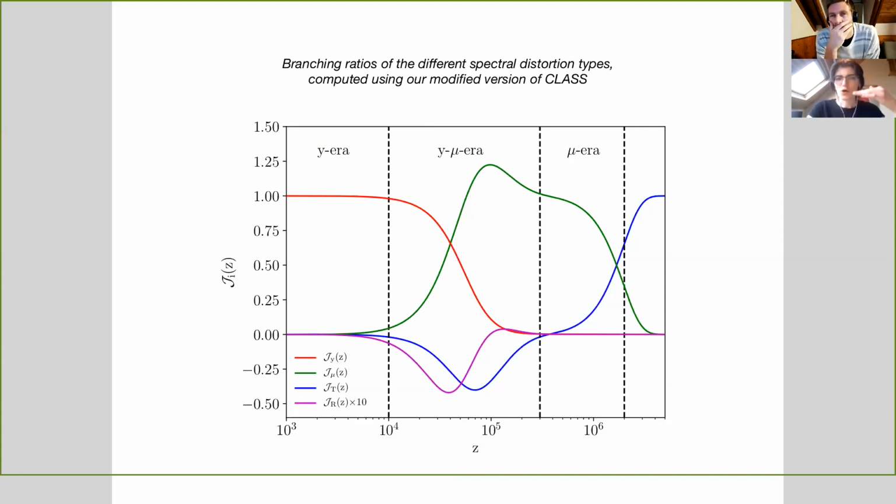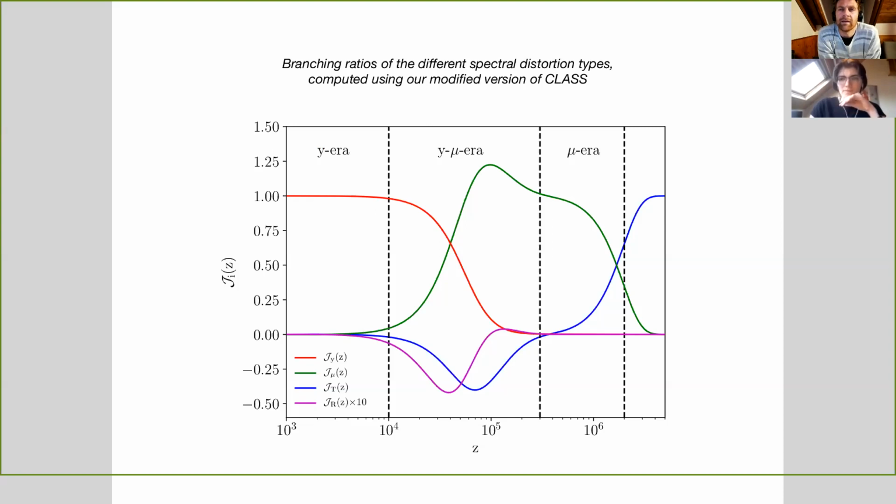These should always add up to 1, because it's normalized in the way where the branching ratio should always add up to 1. Okay. And I've also highlighted the different eras here. You can see the higher redshift is on the right of the plot, and we have the G era first, then the mu era, then the y-mu era, then the y era. I actually think those are flipped now. But yeah, you have these different regions, and in each region one of the contributions becomes more dominant. But they always add up to 1. So depending on which redshift you're focusing on, you're going to have a different contribution from y or from mu distortions. And the residual is always going to be there in the background.